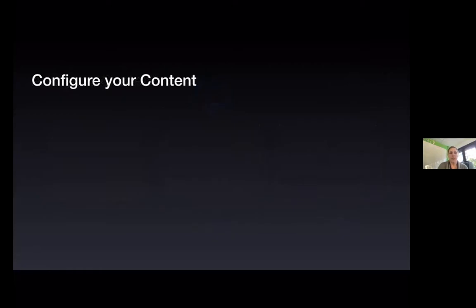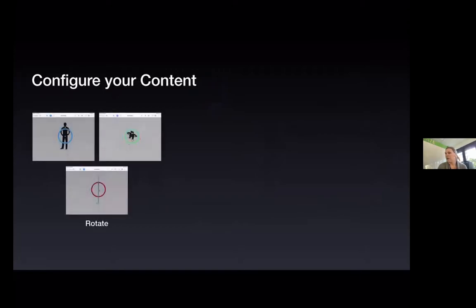There are some ways that you can configure your content once you've brought it into your Reality Composer file. The first is rotating. So you're obviously working in a different way here than you are with AR Maker. With AR Maker, you have to work actively in AR. So you are layering right into the real world. Whereas with Reality Composer, you're building your scene essentially, and then are going to view what it looks like in